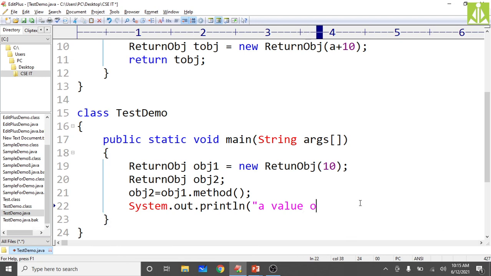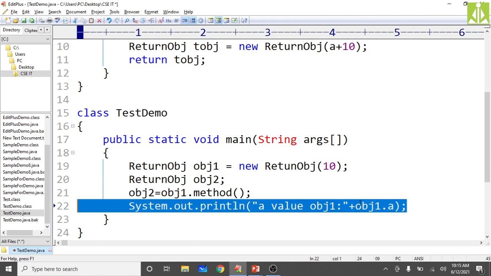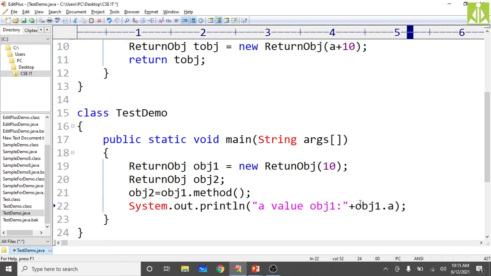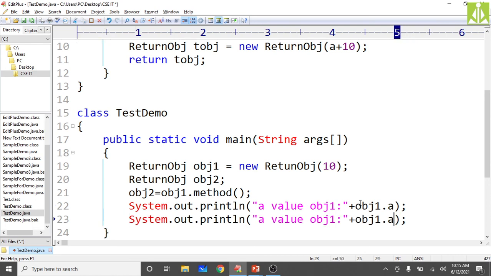A value obj1, okay, obj1, so that how we can print plus obj1 dot a. Okay, so the next thing, same a value, okay, yes, here using obj2, here also you make it as obj2.